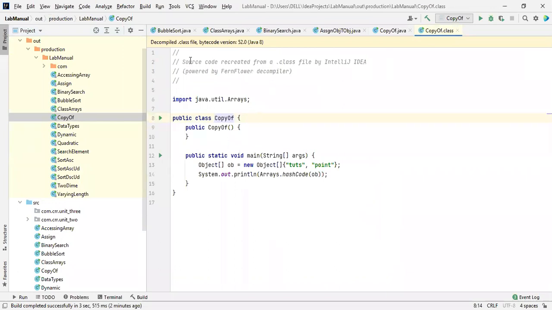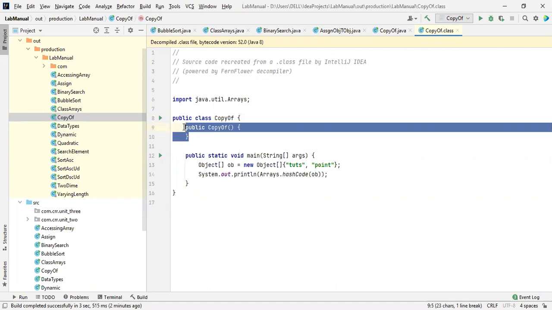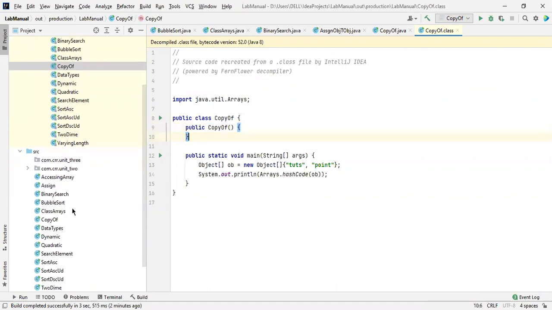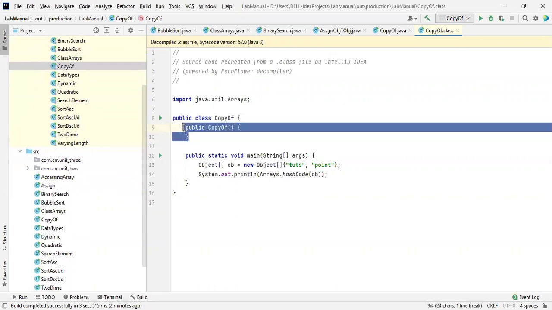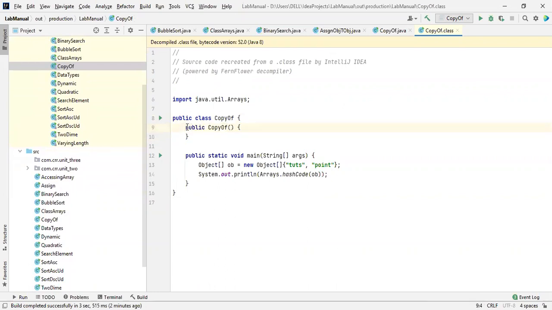So they are showing a decompiled class. Already this is a class file. According to this tool, it is completely converted from our information point of view, because this is a console. See, they maintain this. When we create a class over here, Java automatically creates a constructor. This is called a default constructor. Please make sure you know all these things.